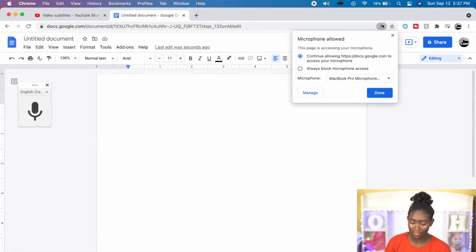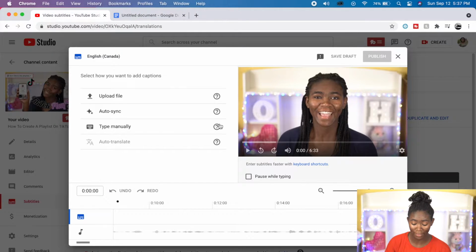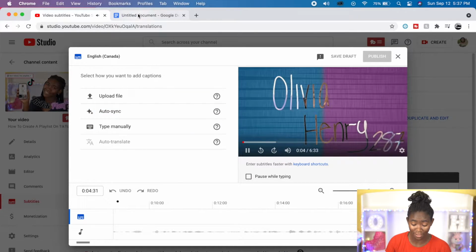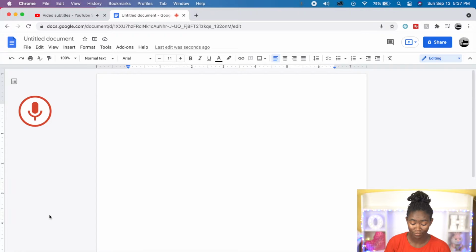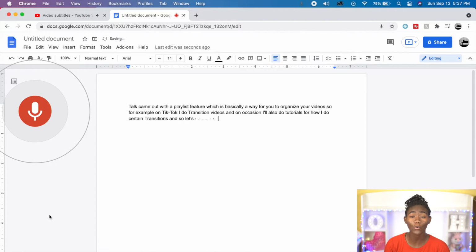So if I select Soundflower 2 channel as my microphone, and then for my output I change it to Soundflower 2 channel, and then I go back to my video and I click play, as you can see it's not playing out loud anymore. However, if I go back to Google Docs and I click the microphone, the computer can hear what my video is saying, and I can still talk, and it's not picking up the words I'm saying right now. It's just picking up the words from the video that is playing on the computer. So it's only picking up the computer's internal audio. So that's just a workaround that I use, but it is not absolutely mandatory.